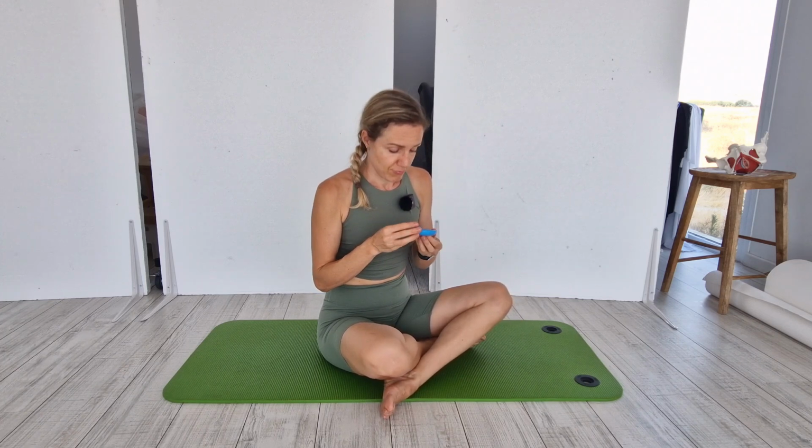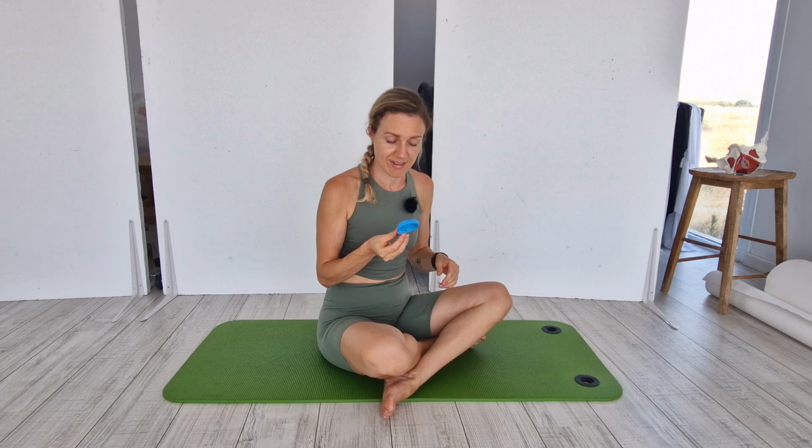The pessary is a device that is used to support pelvic organ prolapse, and it can be of different shapes and different sizes. You can see it right now. I just grabbed one that I had at home. I was not passing by the clinic. Nevertheless, I will tell you a few things that you need to know in case you had a pessary and you just